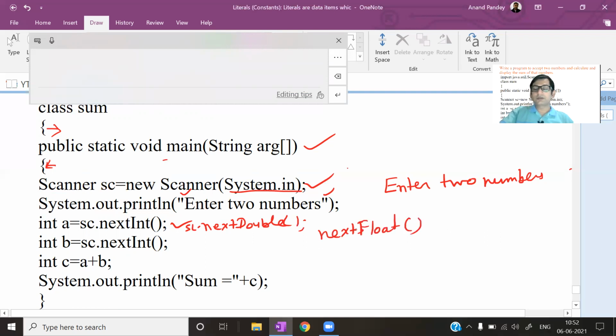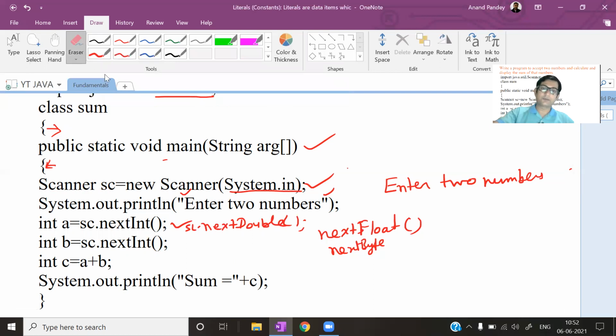If you want to take byte input, nextByte, nextShort, nextLong, nextFloat, nextDouble. I'm not telling about nextChar. These functions are there.